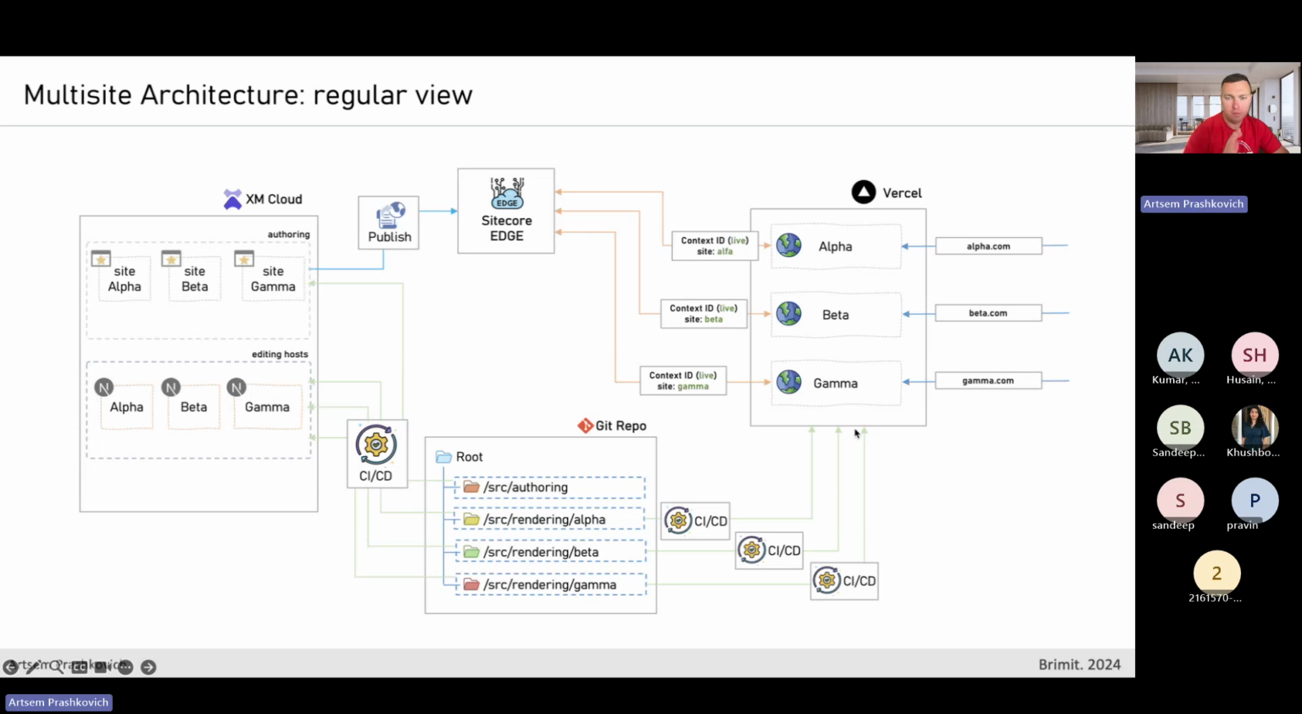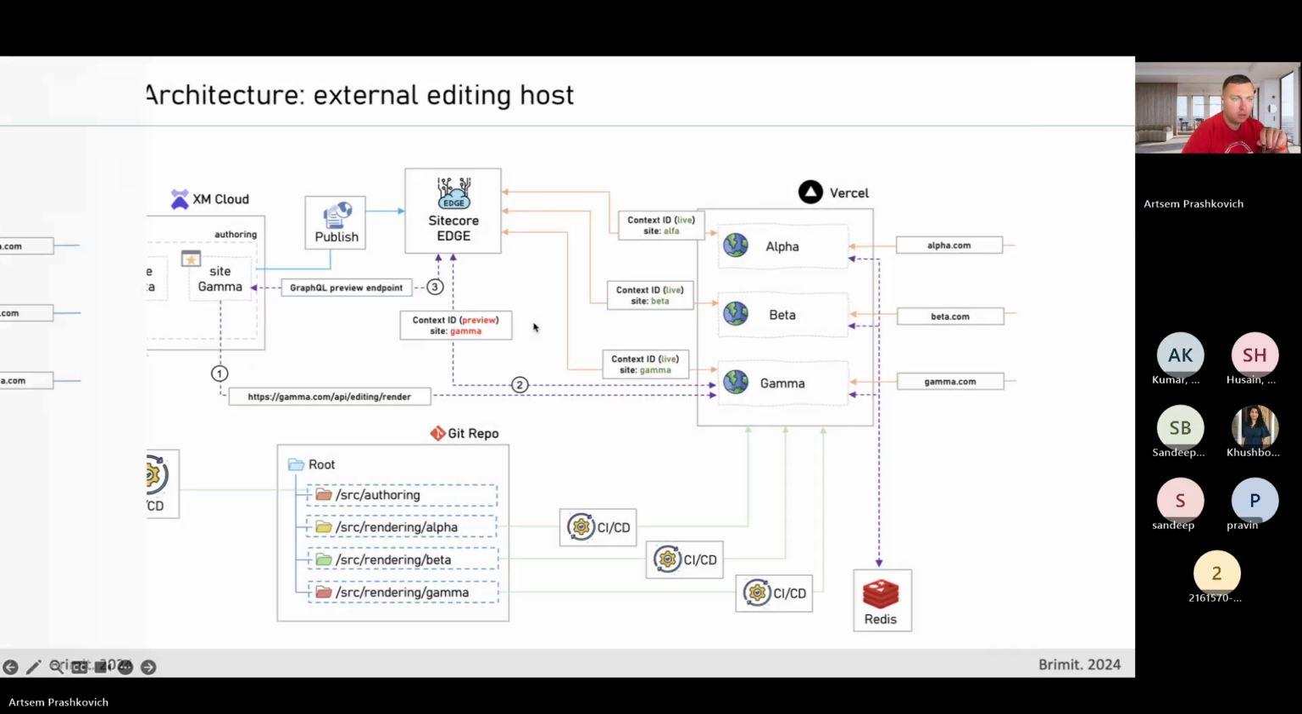This is probably the common and regular view of build-end applications, because from time to time we have different code per different application, and we deploy them separately. So this is how it works. The next diagram